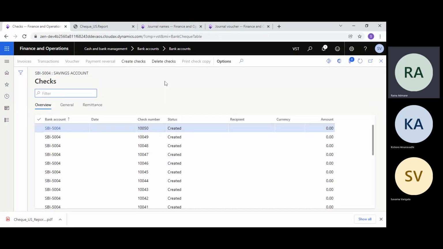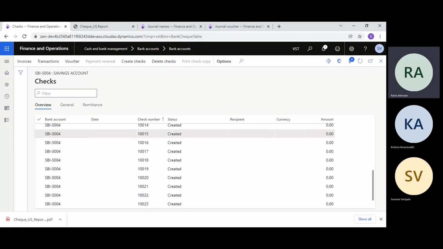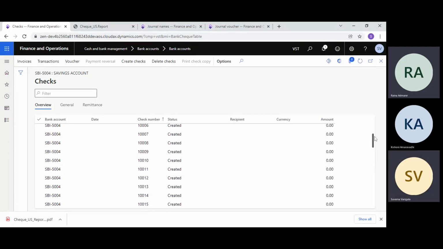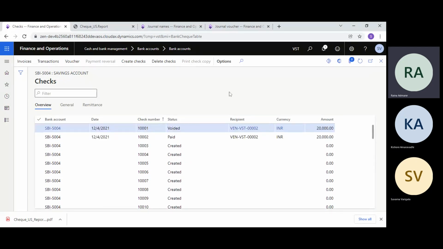So click here and you will see now how many checks are there and what is the status of each check. So here you can see the first check is voided and that amount was what, and what is the receipt or transaction for that. And second check you can see the status is paid, with the recipient voucher vendor name, who is the vendor for that vendor code and the amount.